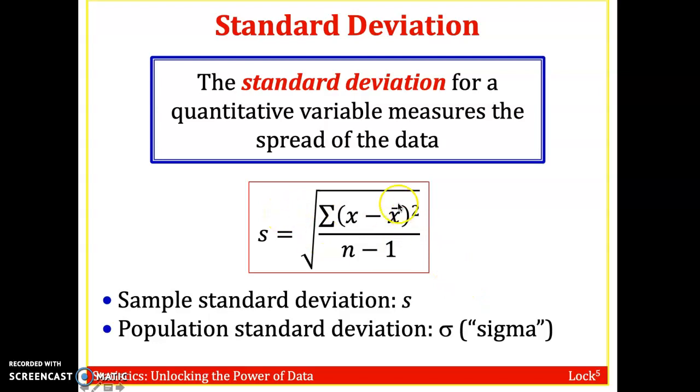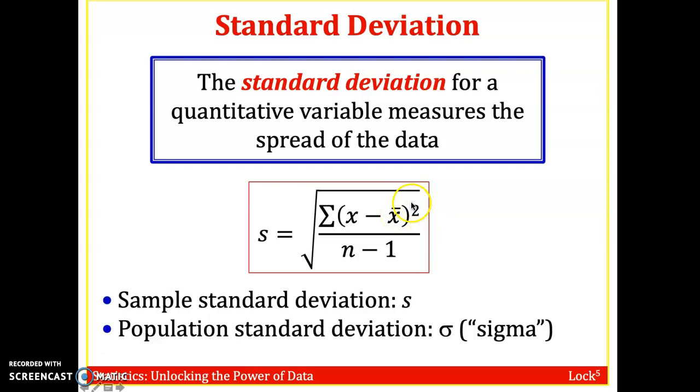And I'm going to go to the next slide to show that I'm going to look at three different data sets to calculate the standard deviation. But if you break this down, I'm going to ignore the square root. What we're doing here is we need to calculate the mean, figure out the distance between each value and the mean,